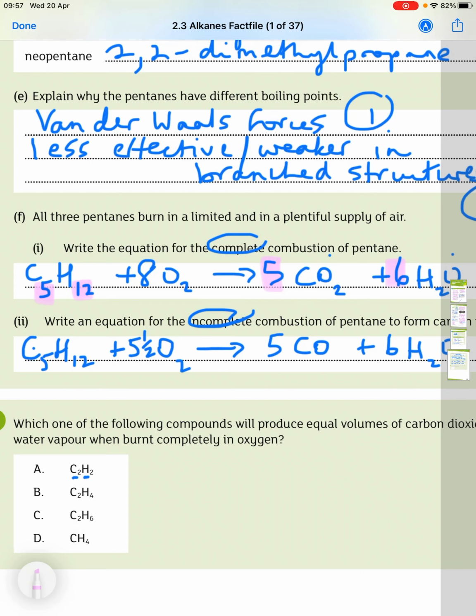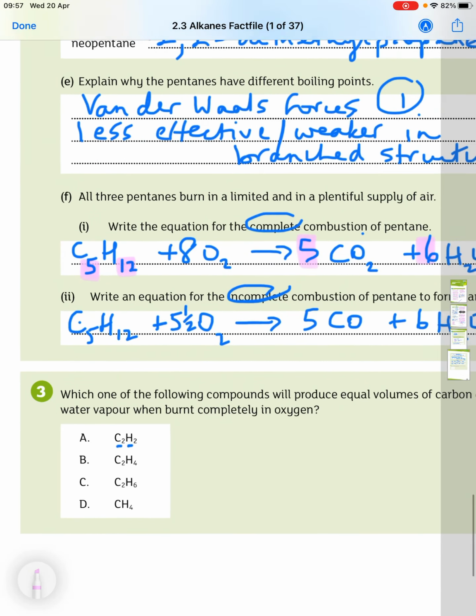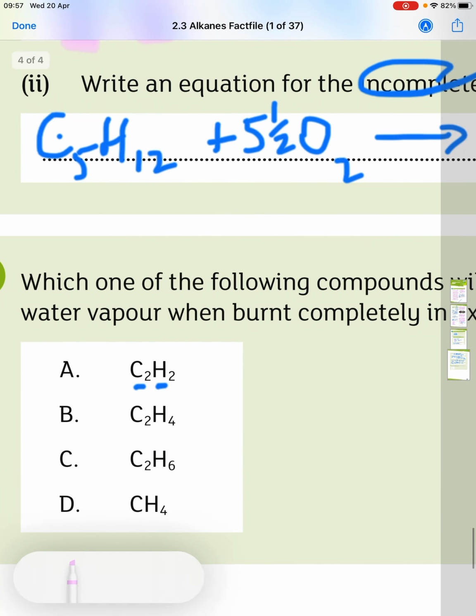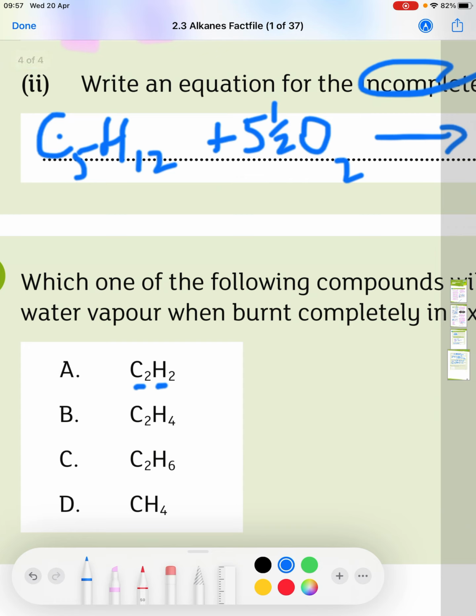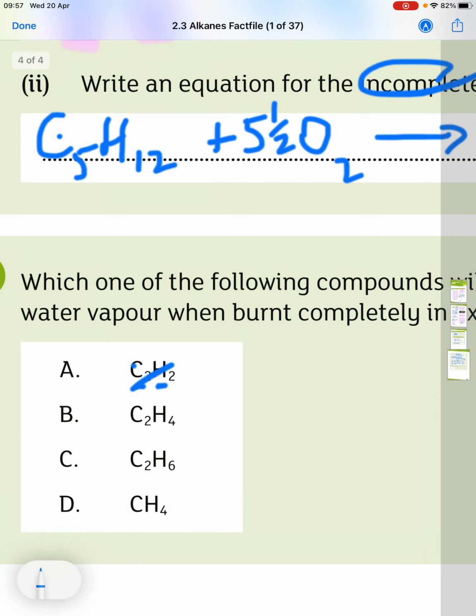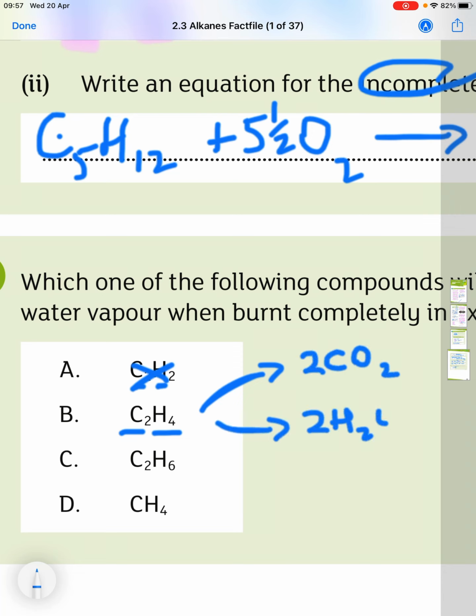We have, of course, double the number of hydrogens in the compound that we have of water molecules, because it's H2O. So I think I said the same, but it shouldn't be the same, it should be double. So this one, they're the same, that's not correct. This one, we do have 4 hydrogens and 2 carbons, so that would give us 2 CO2 and 2 H2O. In this one we would get 2 carbon dioxide and 3 water, and here it would be 1